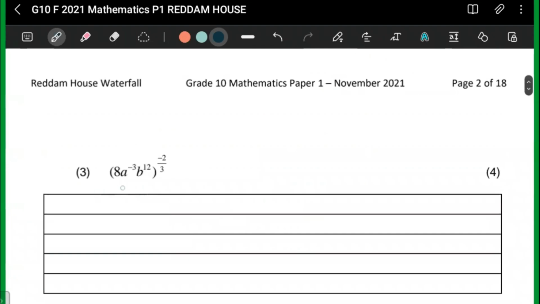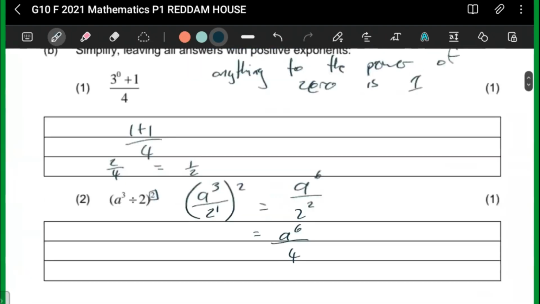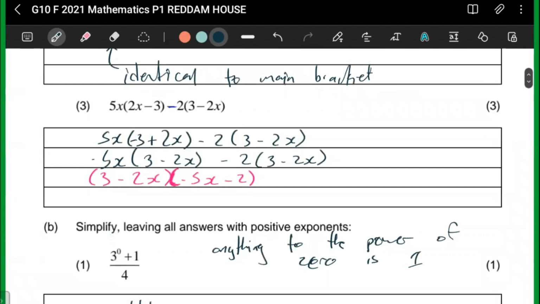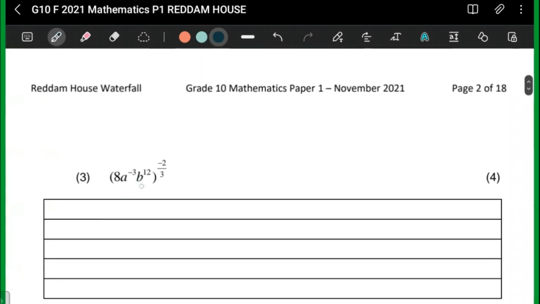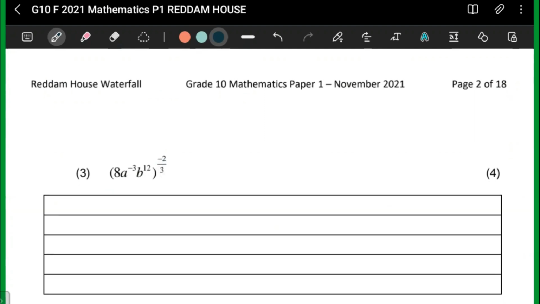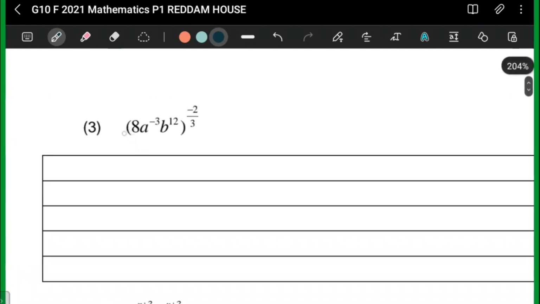Next question, we have to simplify, leaving our answers with positive exponents, okay? So here, if you're going to simplify, you have to remember that everything here is to the power of this exponent, but they said you have to leave your answer with positive exponents. So for something like this, what you could do to help yourself is, remember,